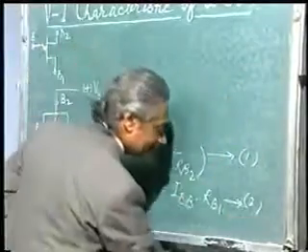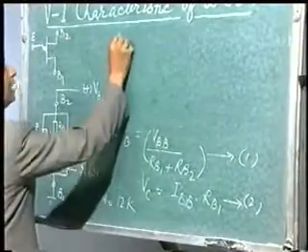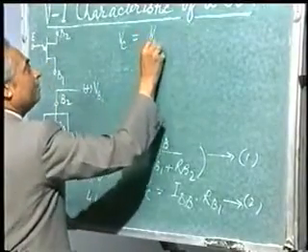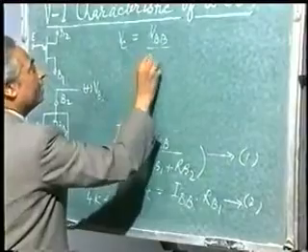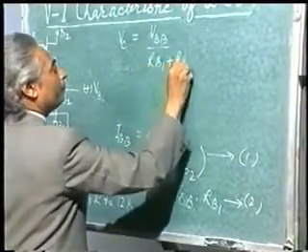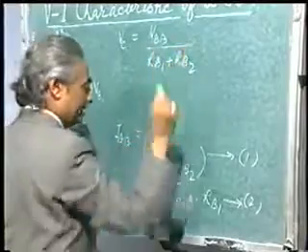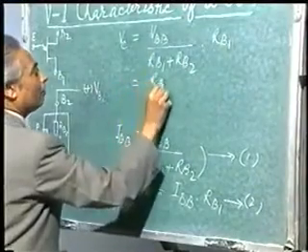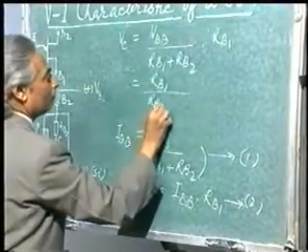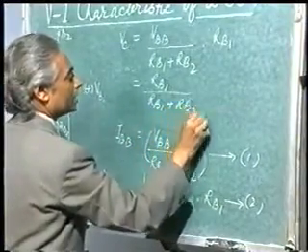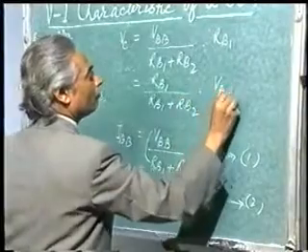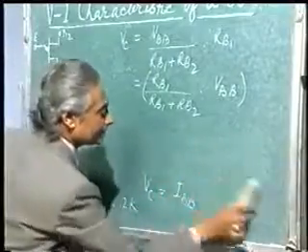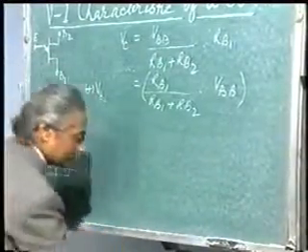Substituting the value of IBB from 1 in 2, we get VC equal to, in place of IBB I will write VBB divided by RB1 plus RB2 into RB1, or this can be written as RB1 upon RB1 plus RB2 into VBB. That means this is